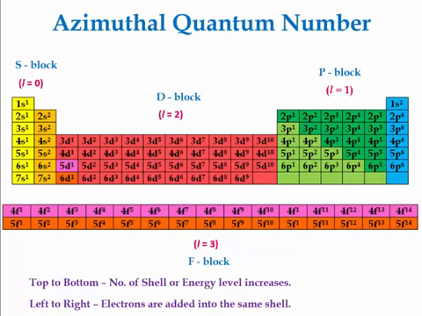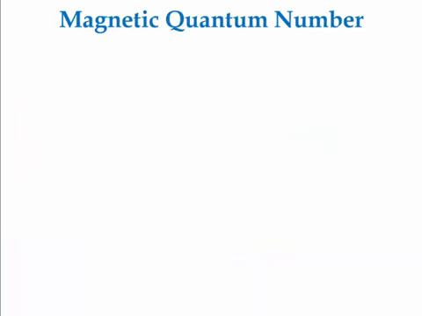That means electrons are continuously added into the third shell. Now as in the last case, we have seen that when the value of n is 4 and the value of L is 0, 1, 2, 3, that means it can be in f orbital also, and there are total 7 f orbitals, but still we don't know in which f orbital the electron is placed. Hence this can be explained with the help of the next quantum number, that is the magnetic quantum number.